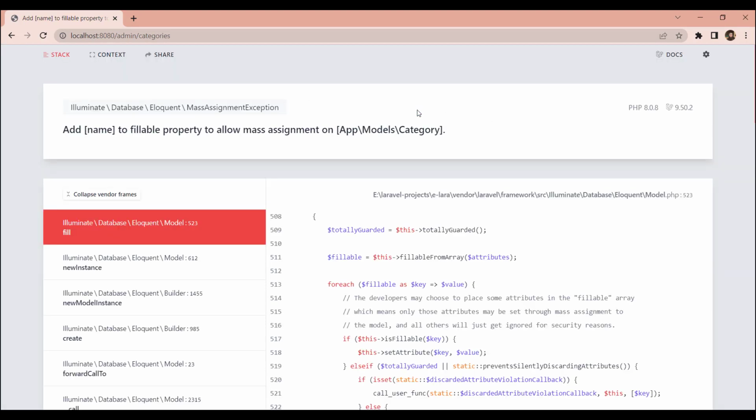Continue. Now we've got an error: add name to fillable property to allow mass assignment on app models category. If you remember in the previous video, video number 3, we inserted 3 different rows in the categories table using Tinker. Tinker is a command line interface, and using that interface we first of all created